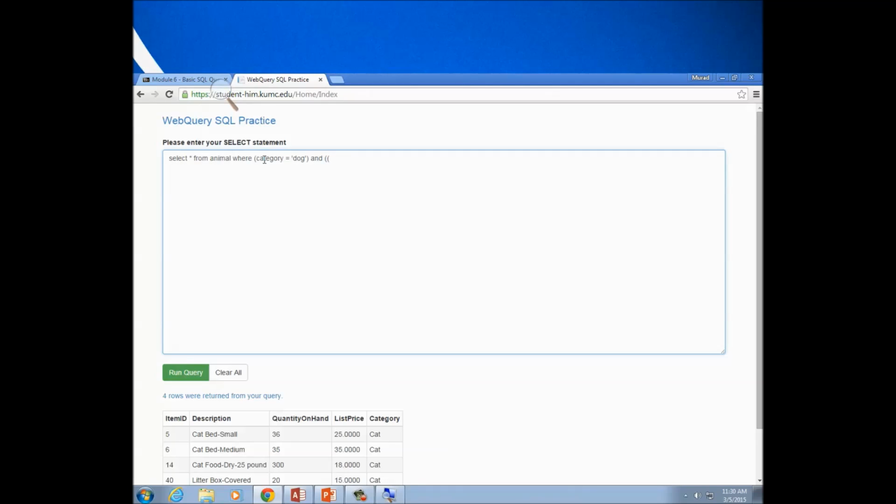So and 53. Let's look up here. So what can remind us the options? So where category equals dog, and then